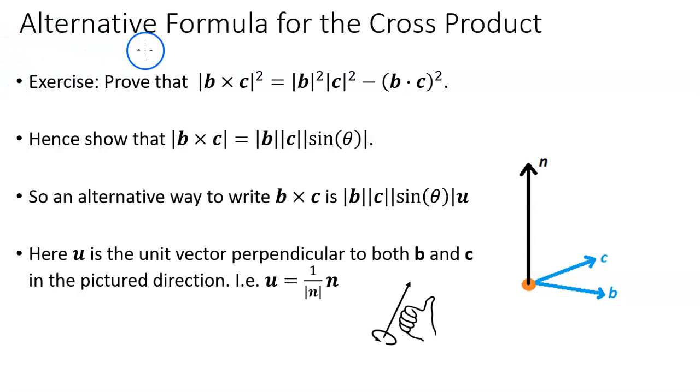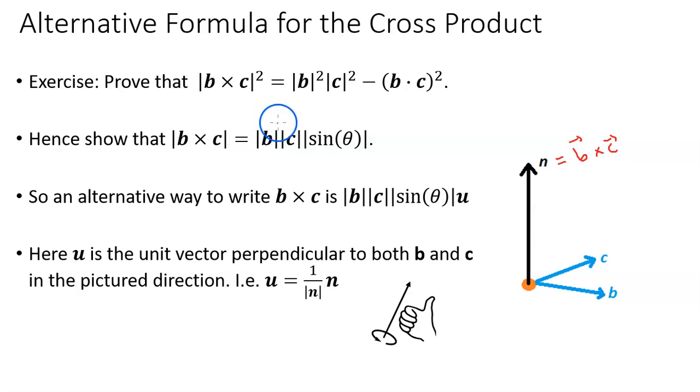Here we have an alternative formula for the cross product, which is going to turn out to be pretty important in terms of insight about this normal vector n, which is equal to b crossed with c. Okay, so our exercise is to prove that the length of b cross c squared is equal to the length of b squared times the length of c squared minus b dot c squared,